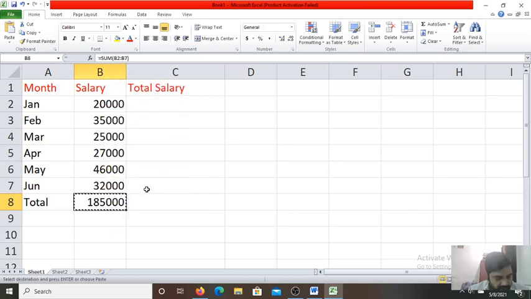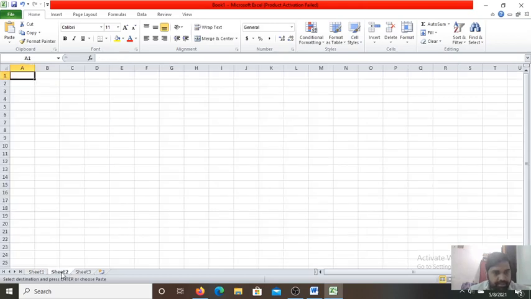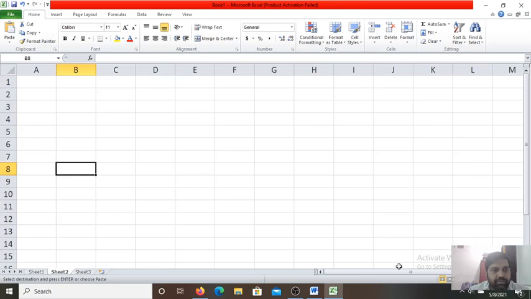Copied. Now we click on the sheet 2 tab, the new sheet, and click on the cell B8 and paste the formula. This is the cell B8. Let me maximize it. Now here I'll paste the formula.